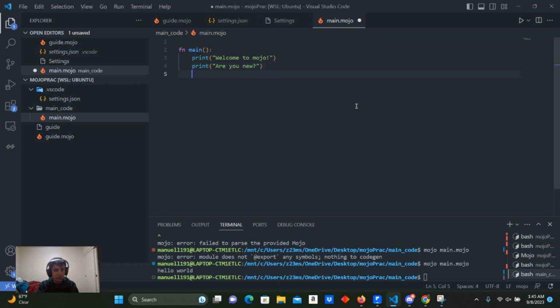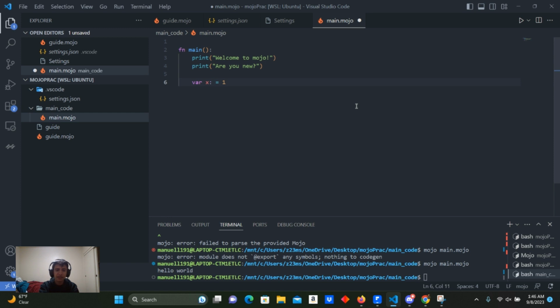So another thing we could do is we could obviously create variables. We could name them with var. The var keyword lets it be mutable, while let lets it be immutable, but they should really change that soon because in other languages, let is seen as a way to allow for it to be immutable, while var is not necessarily mutable. I hope they change that soon or do something about it. But anyway,